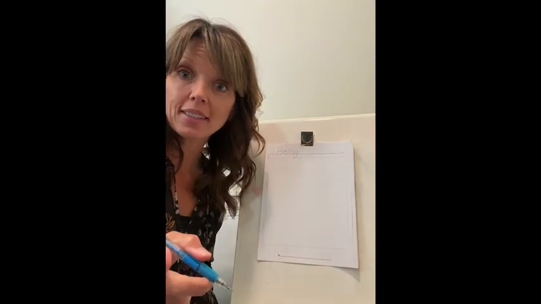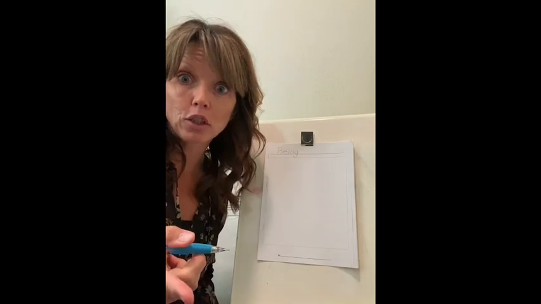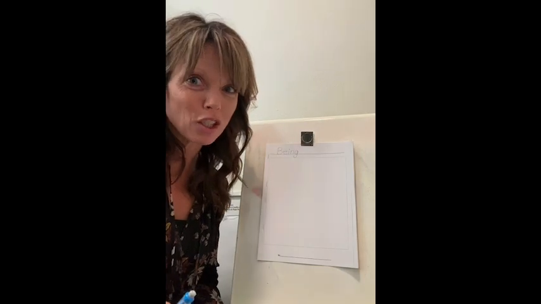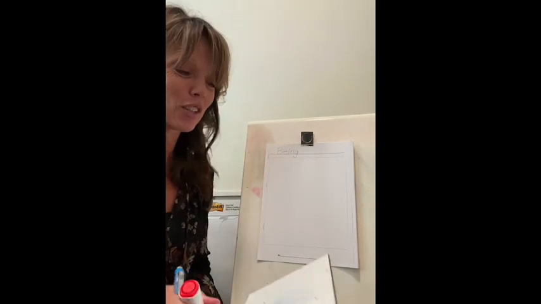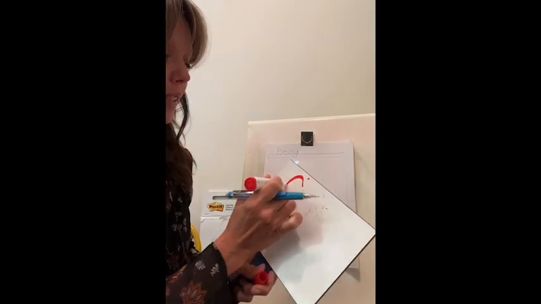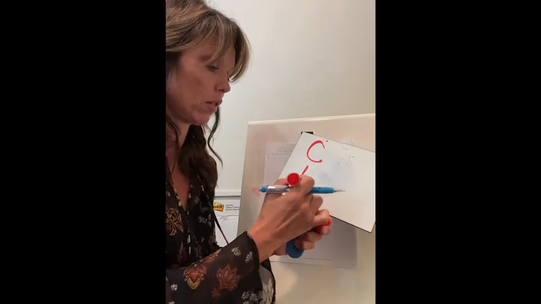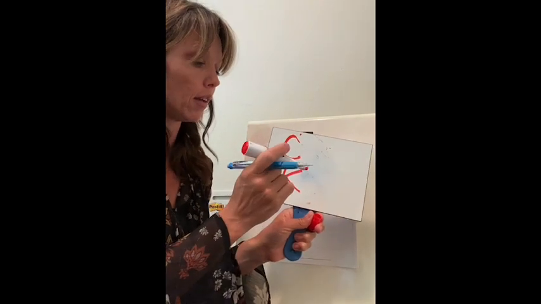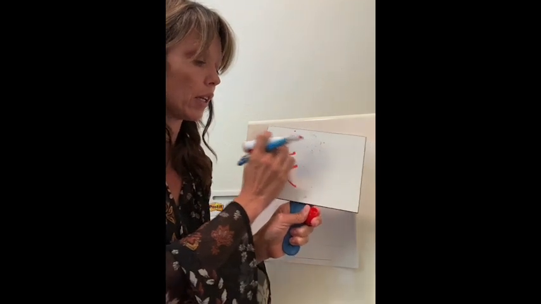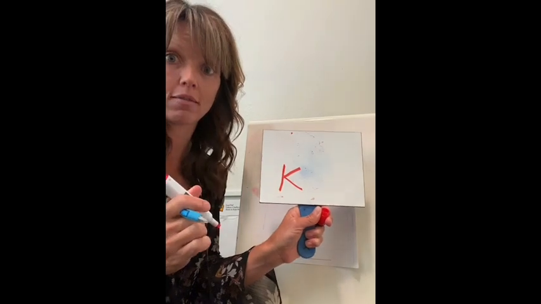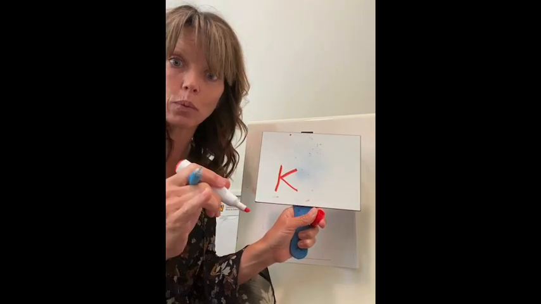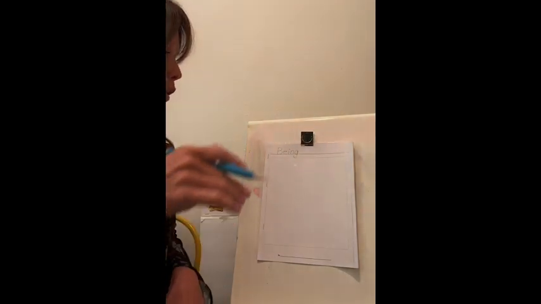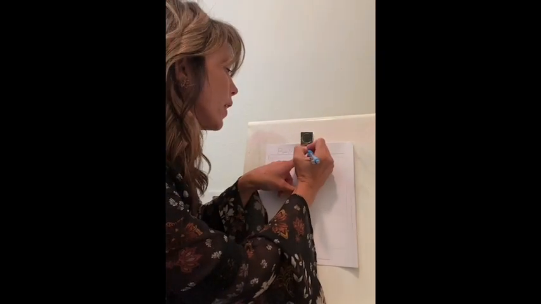Remember that it has to be a capital letter too, okay? So kind, okay, there's two options for that letter, isn't there? Okay, so it can either be copycat C or the letter K. And I'm going to tell you that in the case of the word kind, the letter that we're working on is K. So that's the first letter in the word kind. Why don't you go ahead and write that, and I'll write it with you. So make sure you put a space between your words. Straight line down.